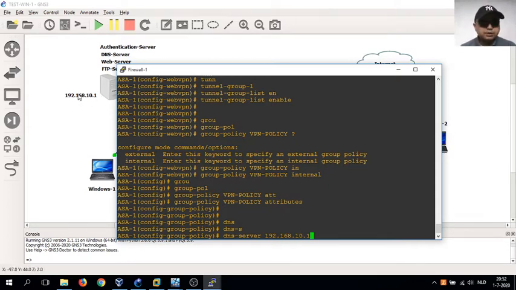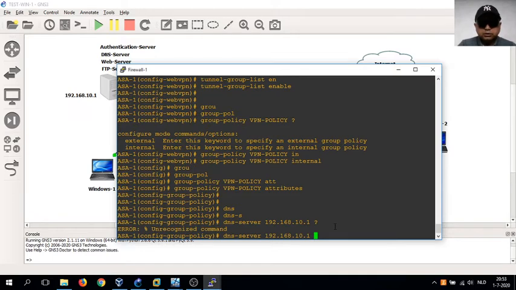So you see this is the IP address of our server, and this IP address is also the IP address of our DNS server. This IP address gonna be used for multiple servers such as DNS, web, and FTP. We're gonna see that later. So now I'm gonna enter the IP address of the